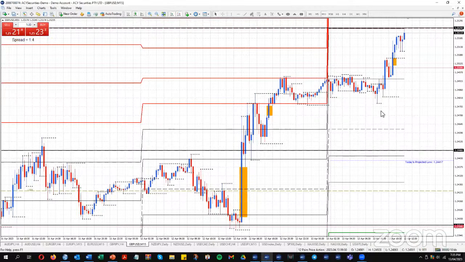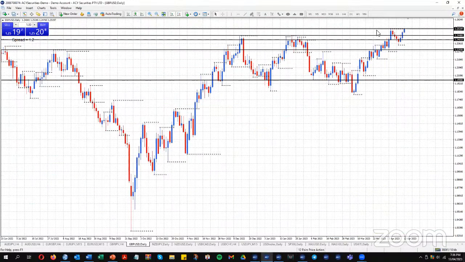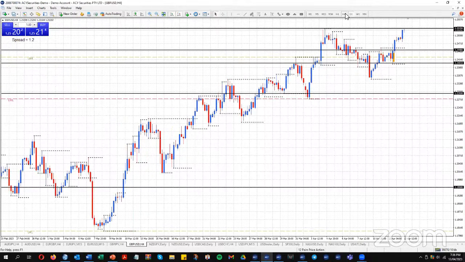So we obviously traded up to 125.25 last week, but then we couldn't hold at that high, and we couldn't hold above 125.00. So we're at high prices at the moment on the pound. That's not the level you want to be a buyer at. If the trend can hold, then I just want to know where that low is. 123.44. You could be putting a fib across that 4-hour range at the moment.